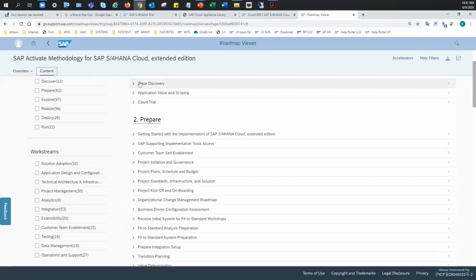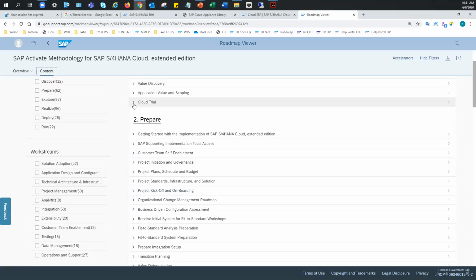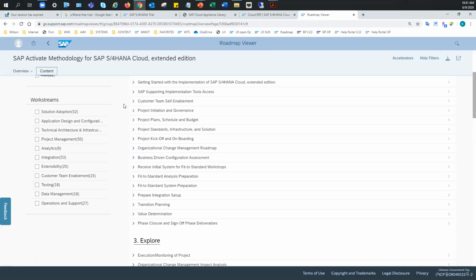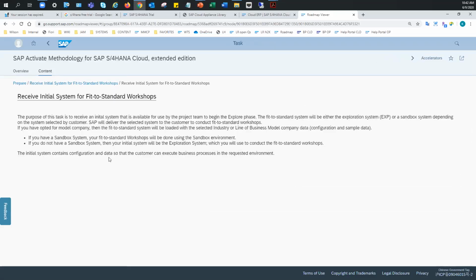And if you go through these phases, you'll see where things are listed out. So Cloud Trial, that's deploying a trial system through the Cloud Appliance Library. Towards the end of the prepare phase, you would get your initial system for fit to standard workshops, which is going to be a sandbox system or an exploration system. It's a little bit confusing once you get to this step